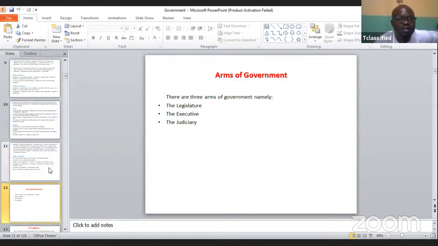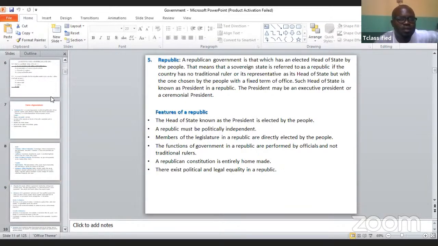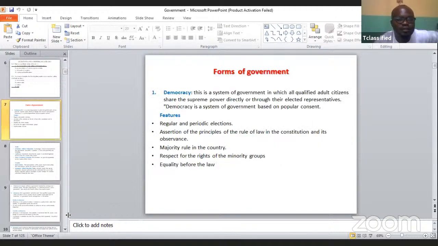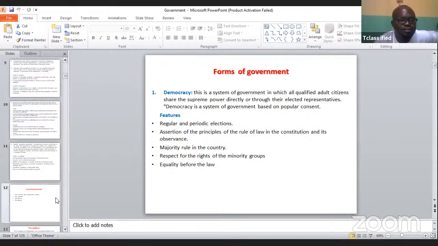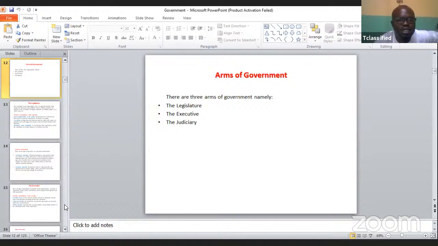Okay, we've looked at forms of government. This is where we're going to be stopping under forms of government. In subsequent classes, we're going to be doing an entirely new thing,